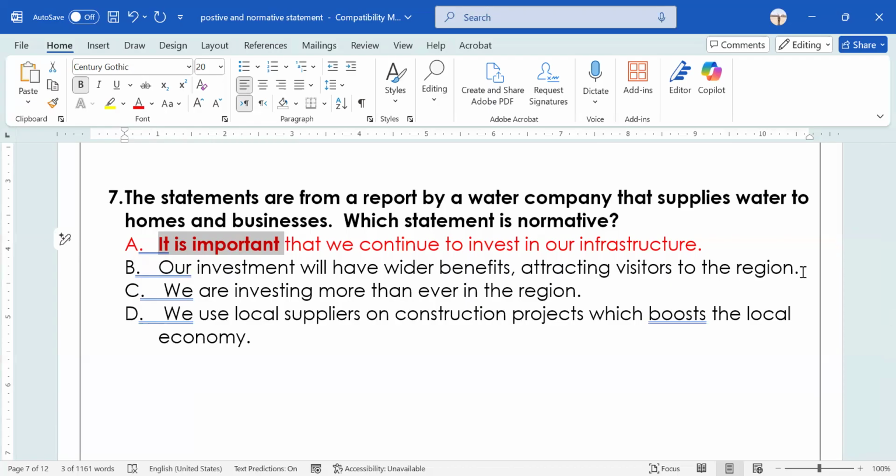It talks about the effects of the investment, and it can be tested by looking at the visitors number and regional impact. Okay, so B is positive. Letter C, we are investing more than ever in the region. This is a factual claim about the level of investment, and it can be really verified. For letter C, there will be some evidences through the financial records because we are investing more than ever